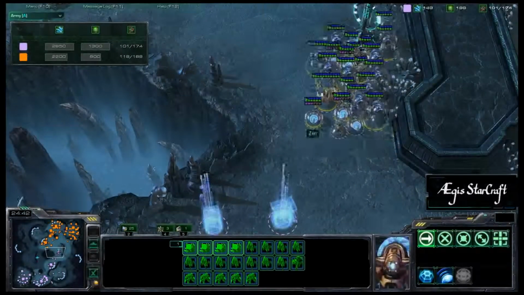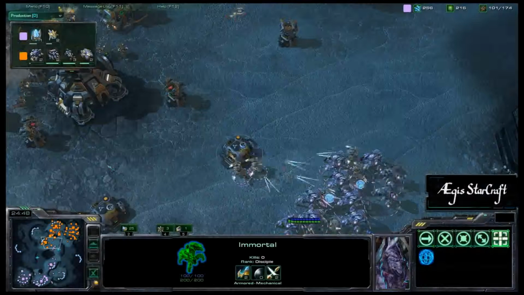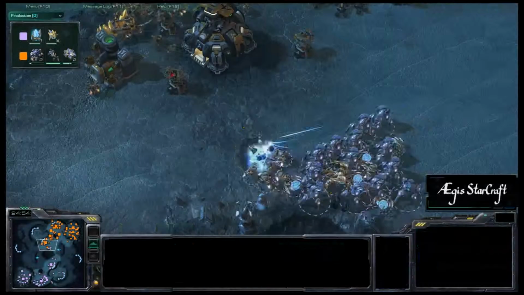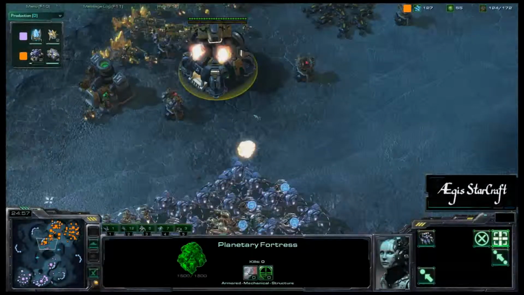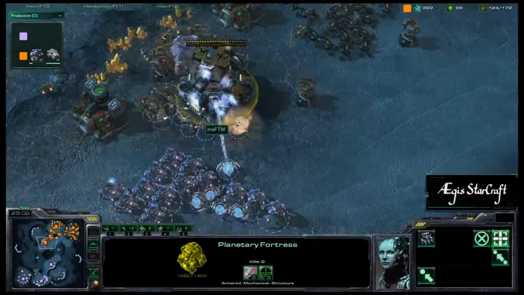Here comes Zeri's force. He's switched over to some Immortals. He's still trying to remake those probes from before. We'll still see meFTW in the lead for the Harvester count. Going to be taking out a couple of supply depots over here. However, the Planetary Fortress should be able to hold its own as long as he notices and gets to repair